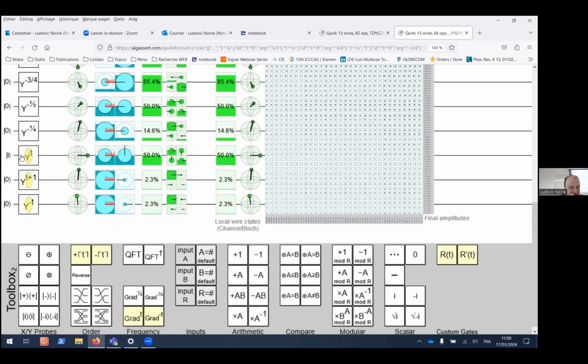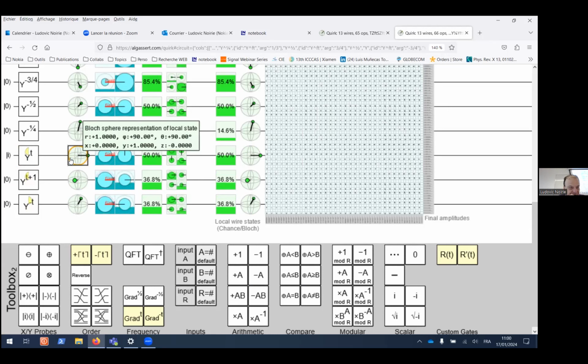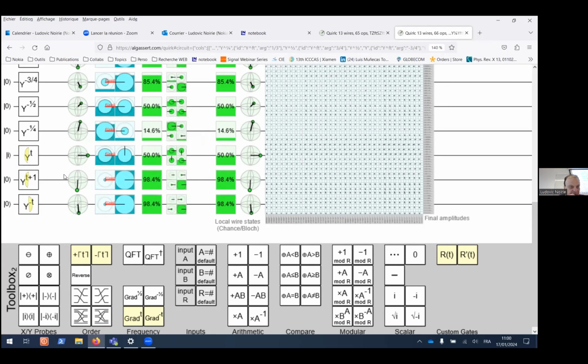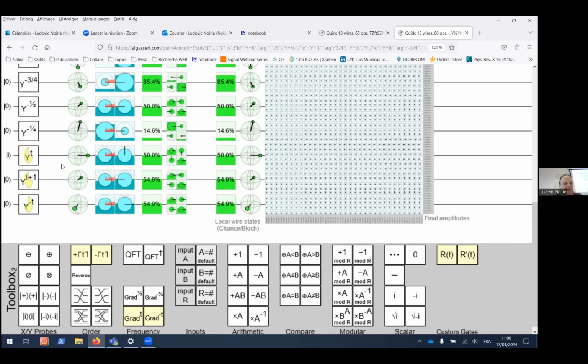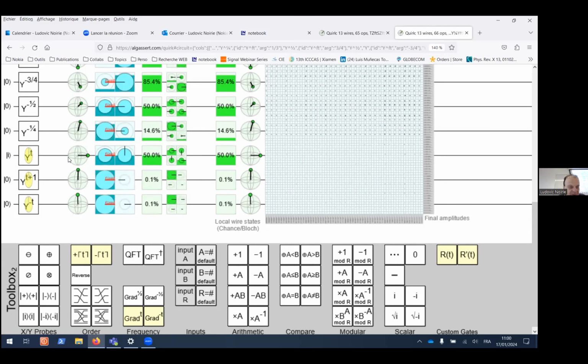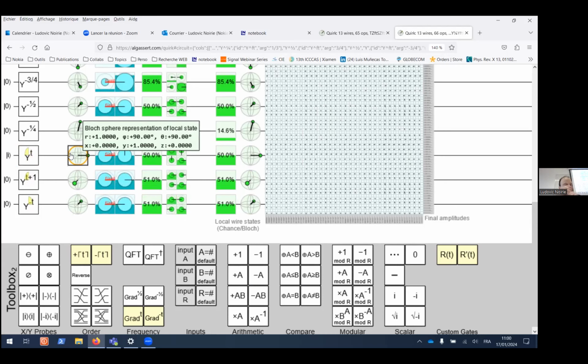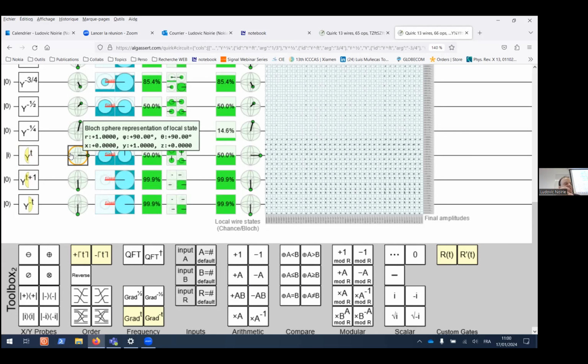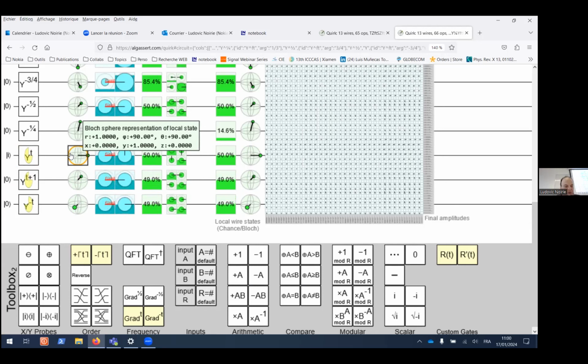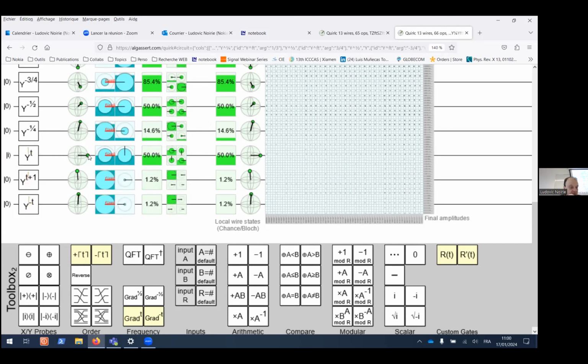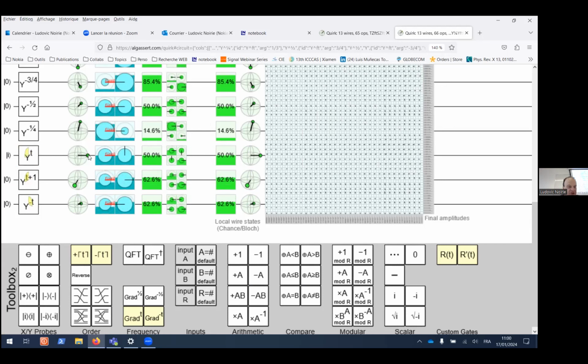But you see the y-axis. You see that it is the state plus y here. But it does something on the phase, but because the global phase is not important in quantum physics, it is removed, and so you see that the quantum state doesn't change on the Bloch sphere.